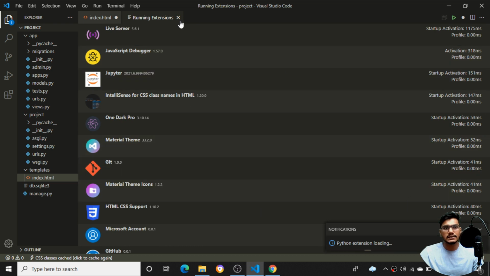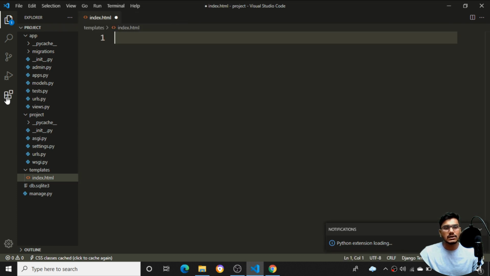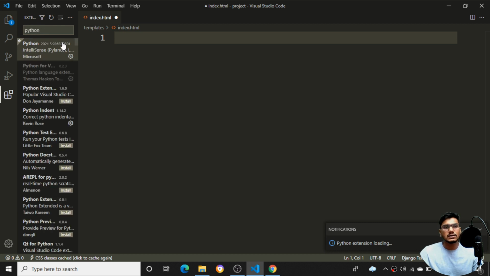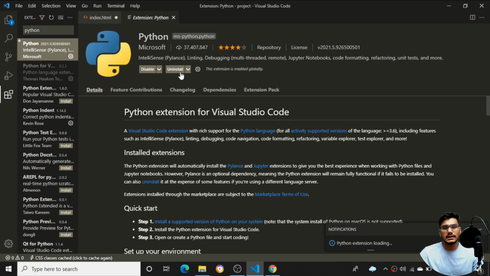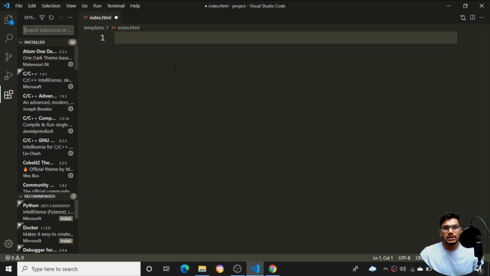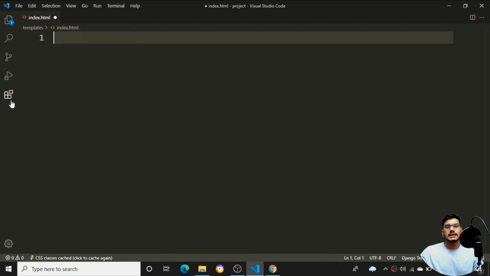So I'll cancel this one extension. I'll click onto the extension here. If I search Python again, because of this one the particular thing is getting stuck. You can see I'm getting all these errors. If I uninstall, it tells me reload is required. Once I reload it, this error will go away. Once it is done, I'll click onto this box again.